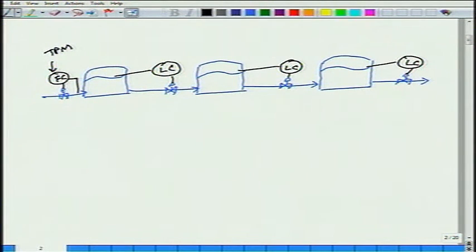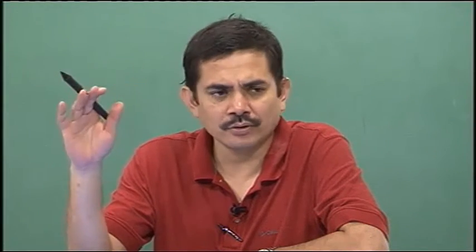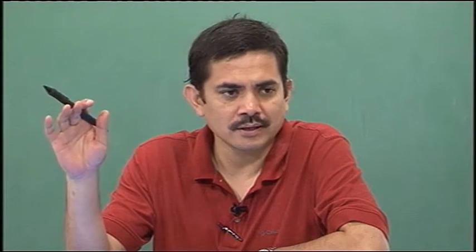Okay. Now, let us say the economic objective is to maximize production. Why is the economic objective maximizing production? Because product is what fetches you money. The more you produce, the more profit you make, the more revenue the plant makes. So, let us say for the sake of convenience that the economic objective for running this process is to maximize throughput production. Okay. Will that always be the case? No.